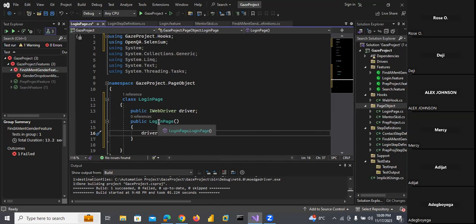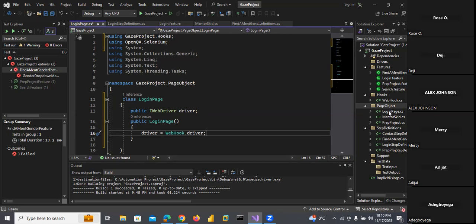Now I think you want to link it to step definition. The reason why we made it public is we're going to make reference of this login page in your step definition. But what we're telling the system is, when we refer to this login page, the driver that we are referring to is your webhook driver, which is your Chrome driver. In the instance that we were using another driver, for example a Firefox driver, and we created another webhook with a Firefox driver, we would then say public login page, and then,